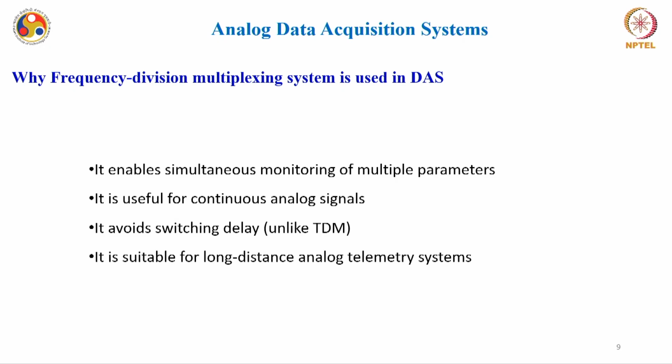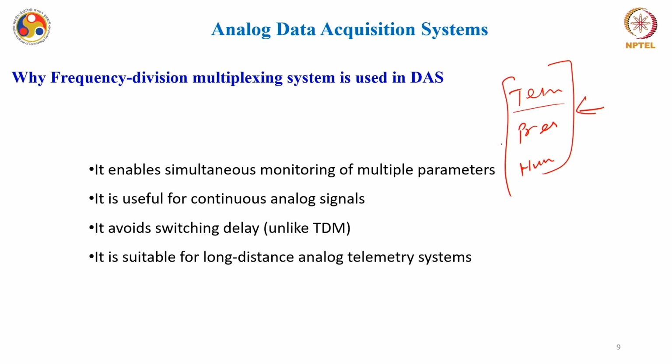So say three physical signals, temperature, pressure and humidity, for example, although please note that they are not suitable for low frequency or low bandwidth signals like temperature, pressure and humidity. They are mostly suitable for high frequency or high bandwidth applications, but right now I am giving this example just to understand. Now I have these three signals, and in the TDM I wanted to transmit them over